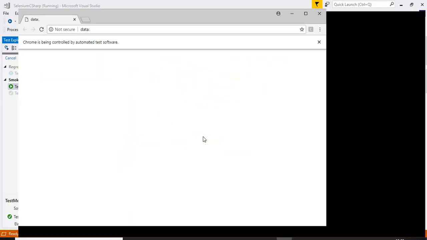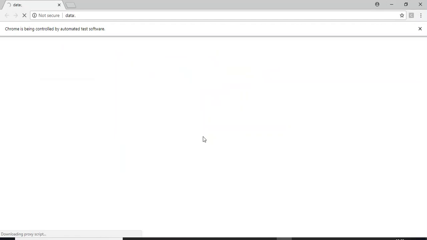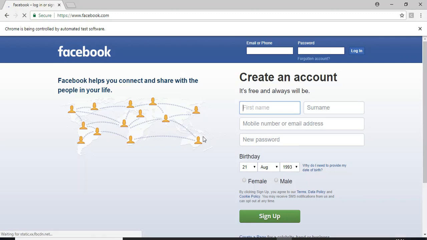So this debugging of the Selenium C# script or Selenium JavaScript will be very easy to identify the issues when you have started working on real-time projects. You'll be doing these operations again and again. So first it will enter some values over here, and before selecting any of the drop down values, I have